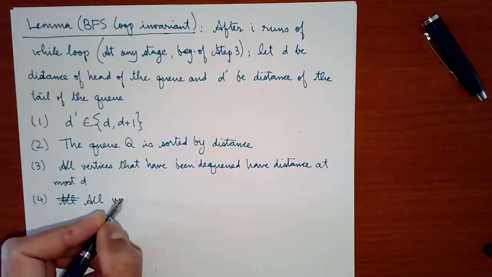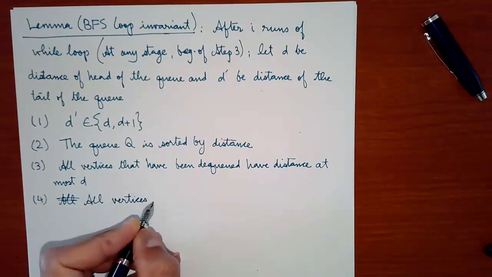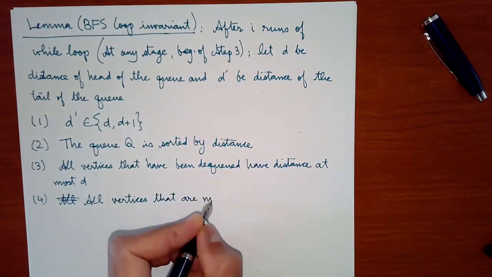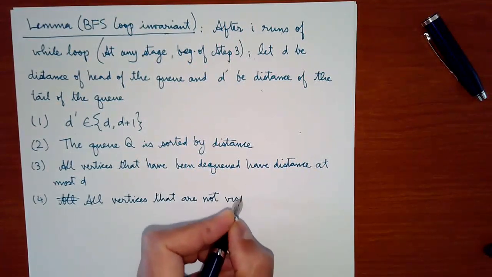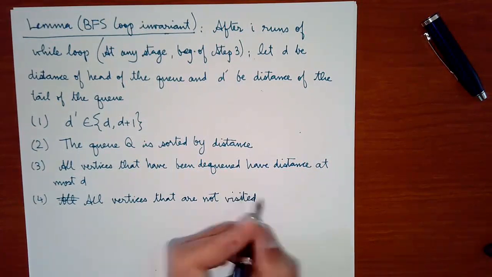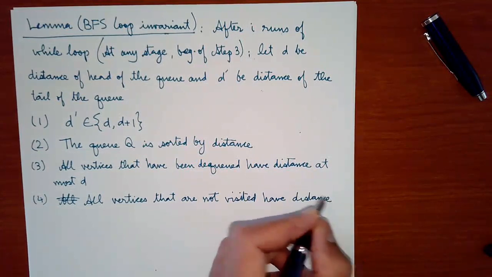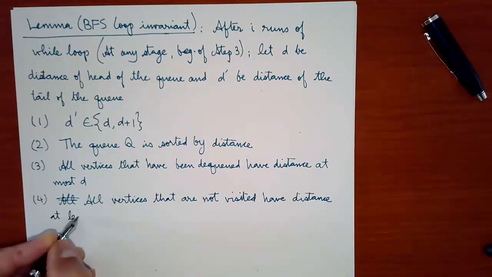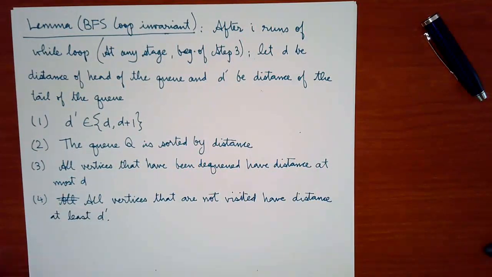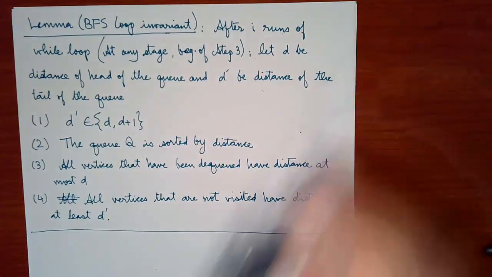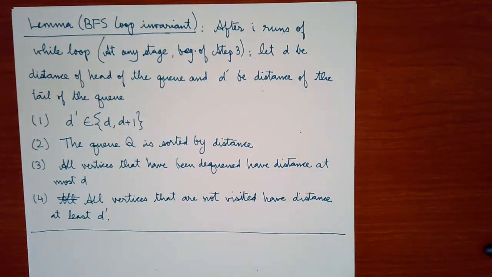All vertices that are not visited have a distance at least d prime. This is the BFS loop invariant, and I am going to make this sort of the